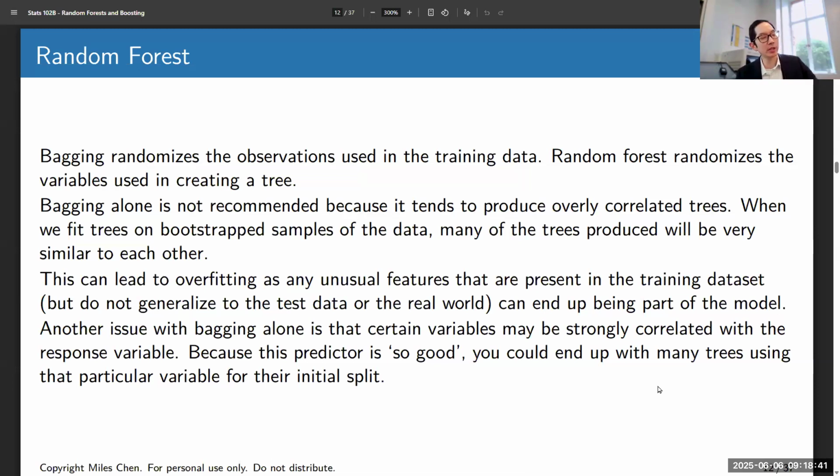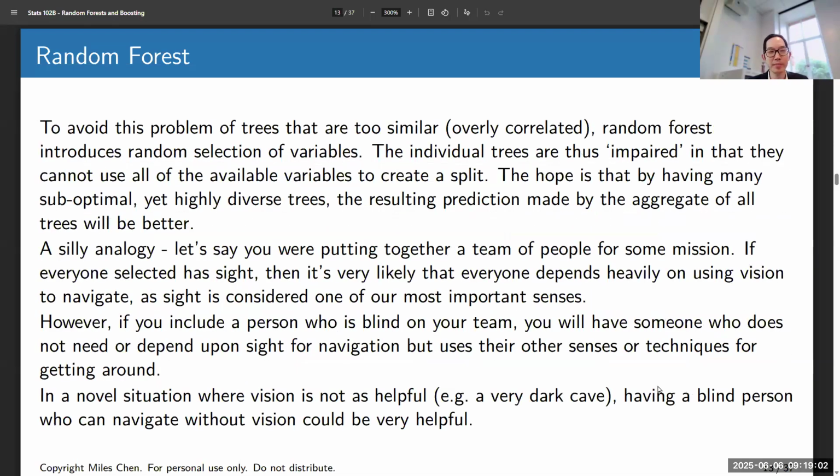And so it's going to have poor predictive performance if you happen to get a test case where that primary variable doesn't do a good job, or if it's an exception to that case, okay? So to avoid this problem of trees that are too similar, or overly correlated, what random forest does is